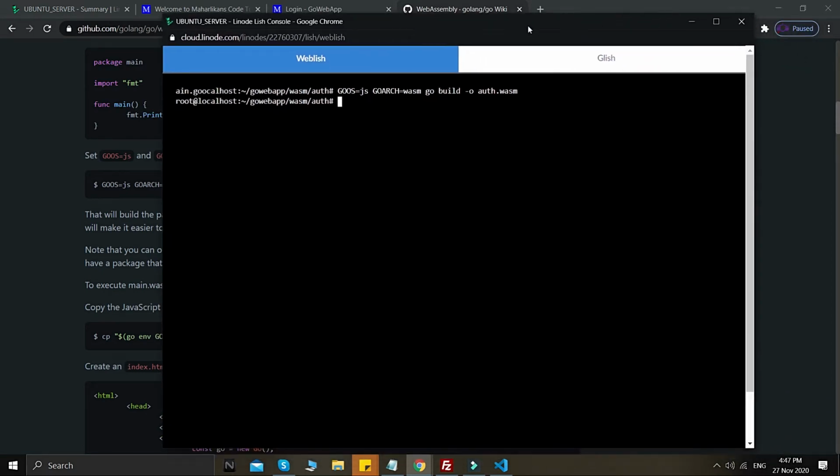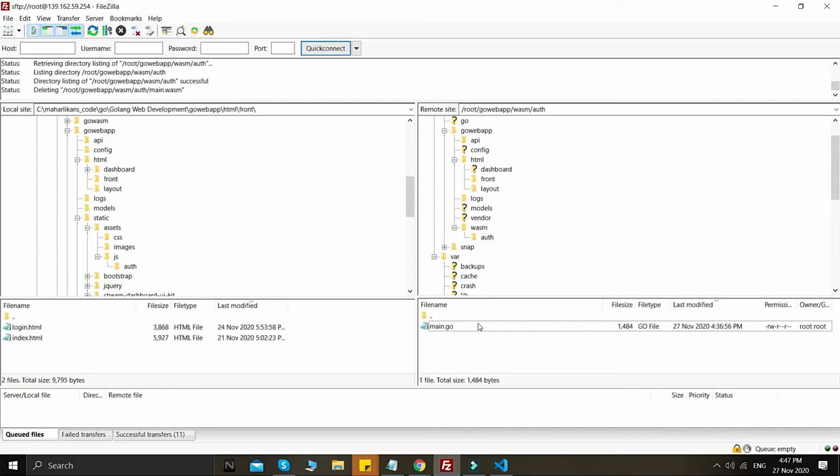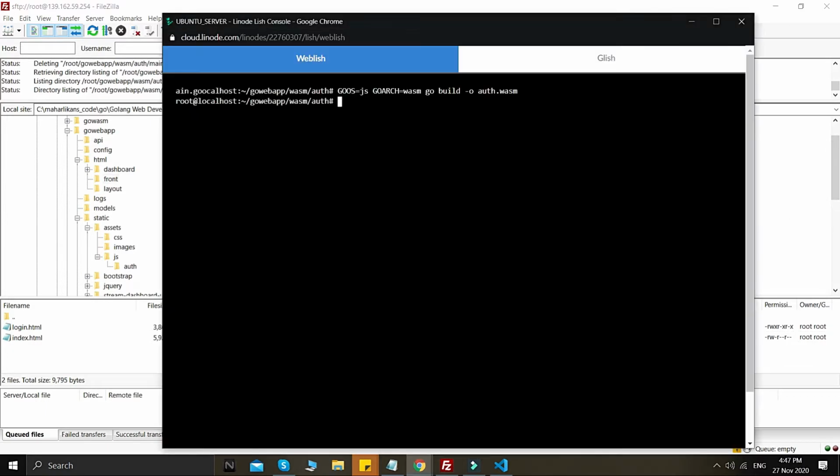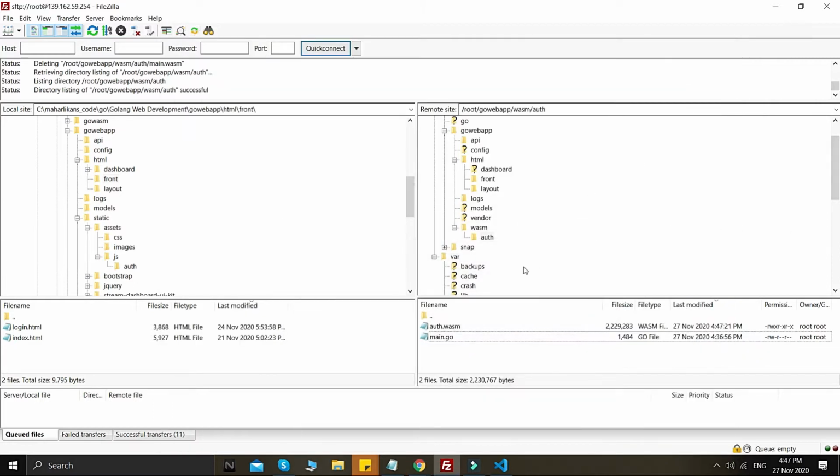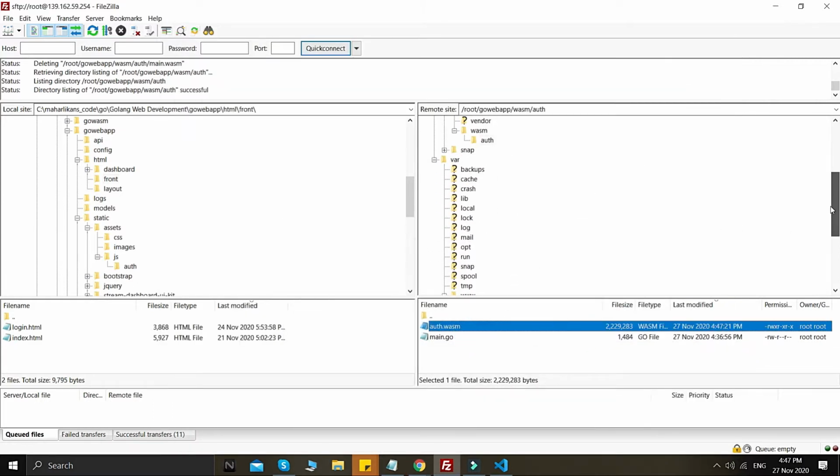So as what we have seen in a short while ago, when I refresh, there is an auth.wasm file here exactly. So this is what we want, guys. It will work on this kind of command, guys. Straight away you can just go build exactly the same, guys. So okay, what we can do now is we need to